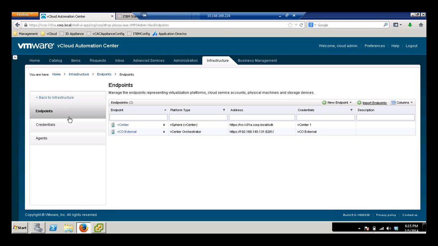Maybe I want to create Active Directory users as a service, and I want to have a service out there that customers can click, and they can add a user and put it in a specific OU. I can enable that as a service where somebody walks through a form, they fill in the information, they click OK, and in the background it provisions that resource in the Active Directory, and then I can even create a day 2 operation